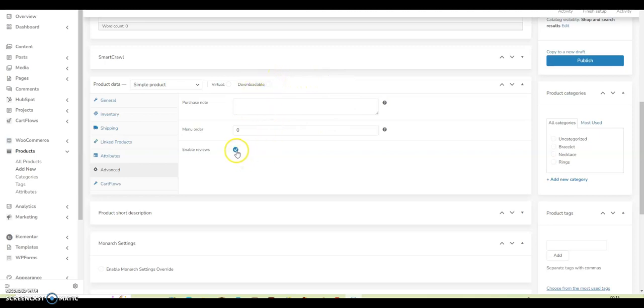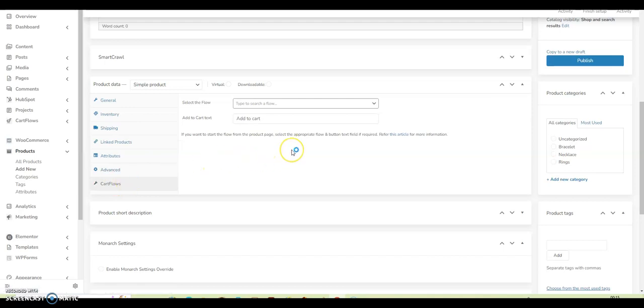And when you have this marked, which is good, because when you enable reviews, you can have reviews from satisfied customers who have left you good reviews, and that can increase the number of sales.